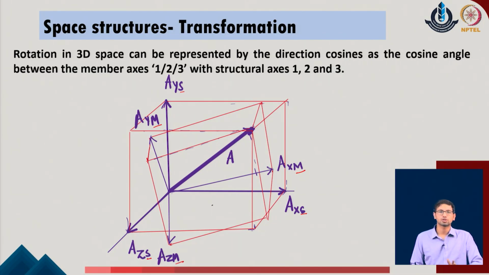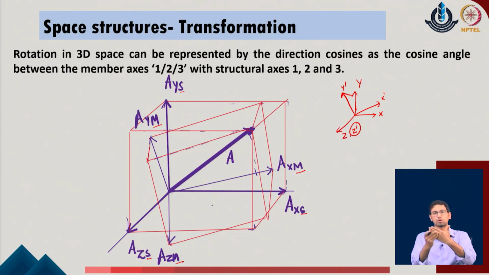In most of the situations up to now, whenever we were making the transformations, we were considering that one of the axes remains the same. If you recall the transformation when we were making it only in the 2D plane, we considered that this is the axis x, this is the axis y and this is axis z. We made a transformation for the x prime and y prime as the two axes, but we did not move the z axis. We considered that the z prime or the new z axis is still about the same axis. So, it is like saying that you consider a sheet, but you just rotate the sheet about the normal to the given plane, so that the normal does not change.